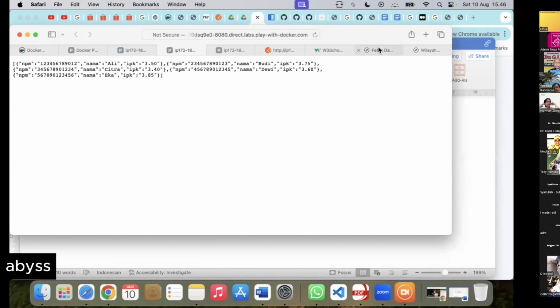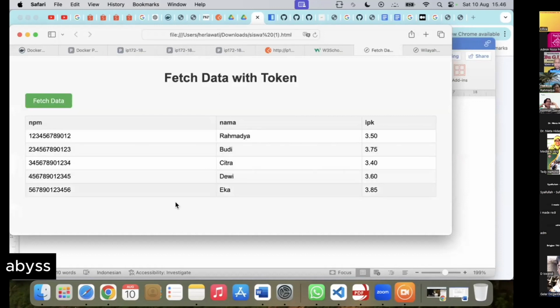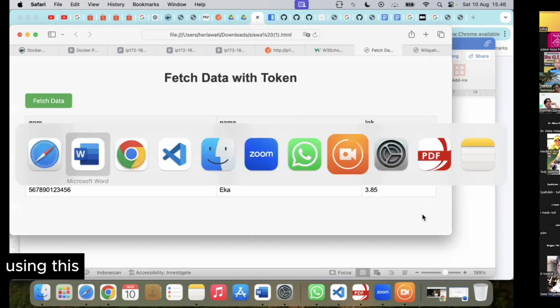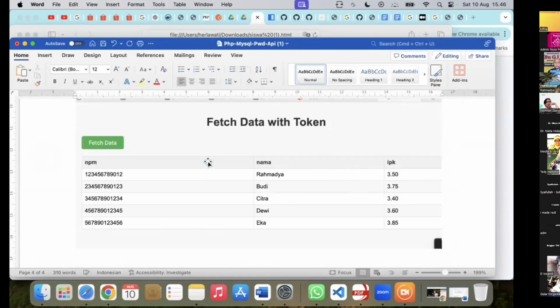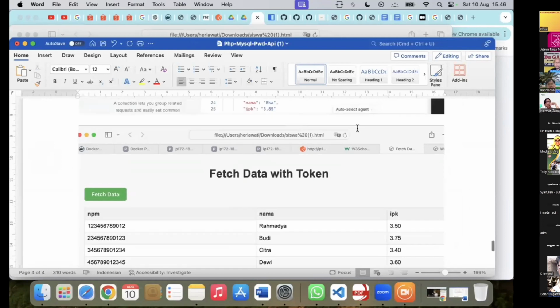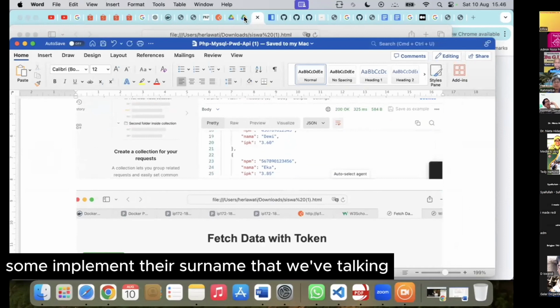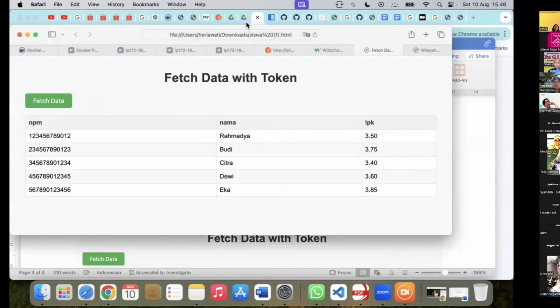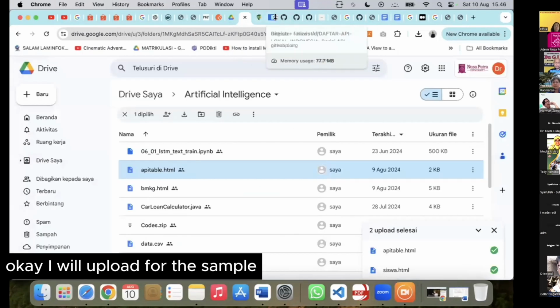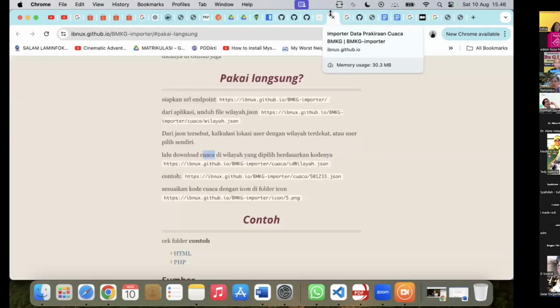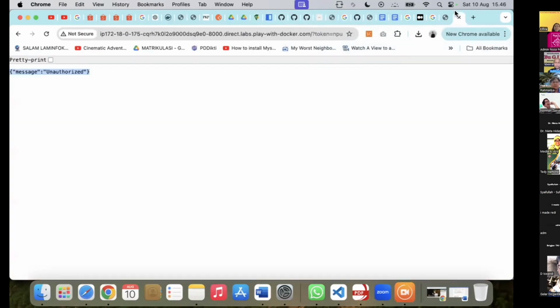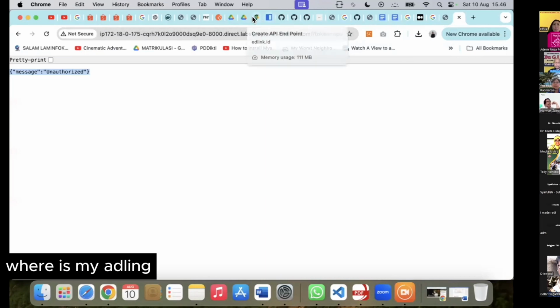Better if you add testing, for example, some implementation with data and token. Okay, I will upload a sample. Where is my add link?